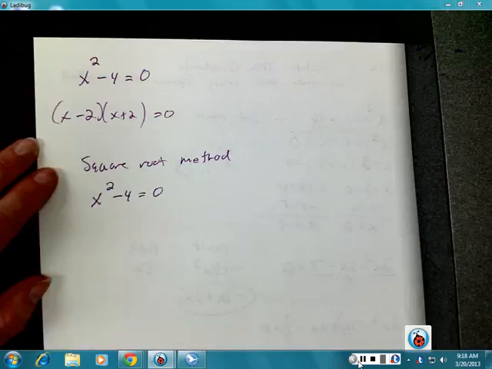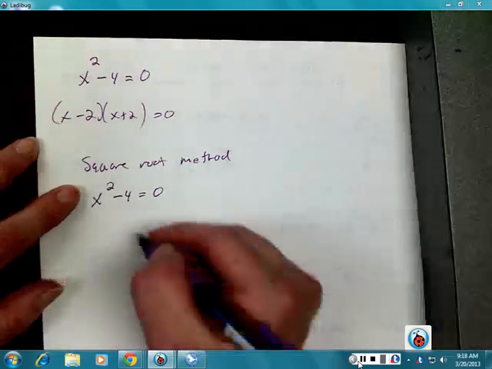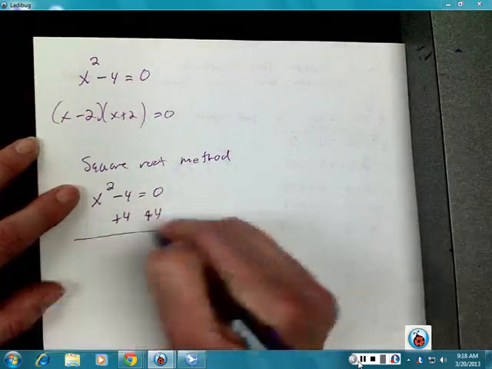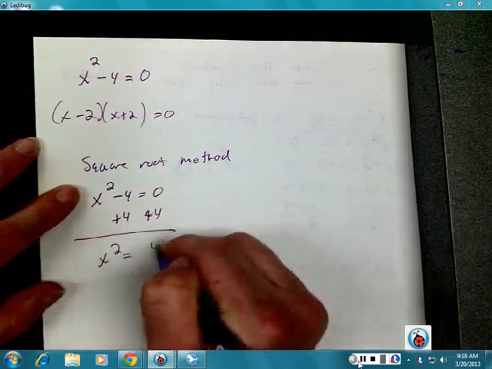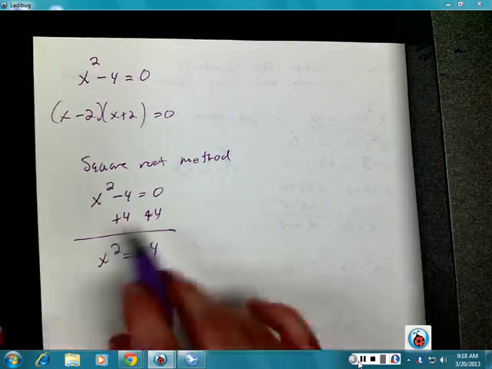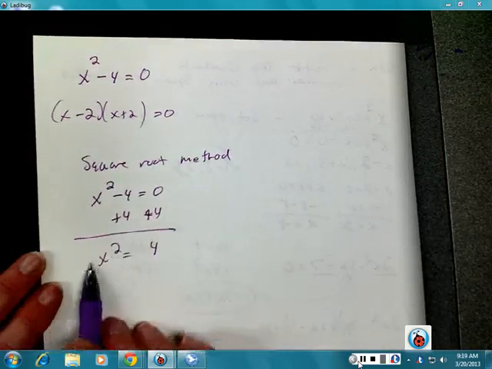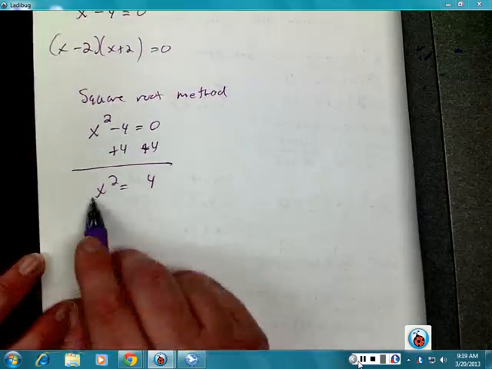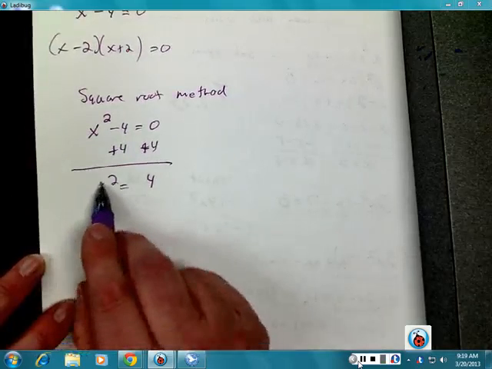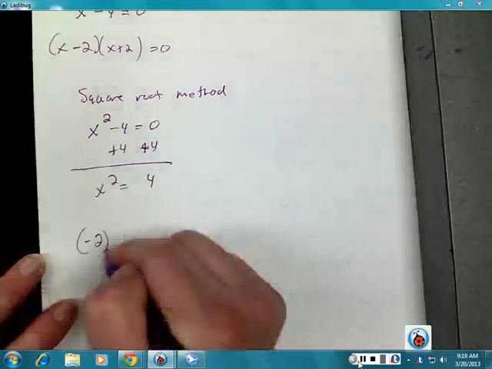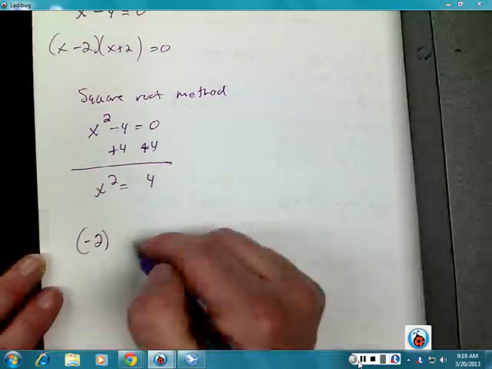What that means is that if I have the square root method, if I add 4 to both sides, I get x squared equals 4. We all agree? X squared equals 4 because I can move it over. So what could x possibly be? Well, we've talked about that quite a while ago. What could this base be? It could be a -2, couldn't it? Or it could be a